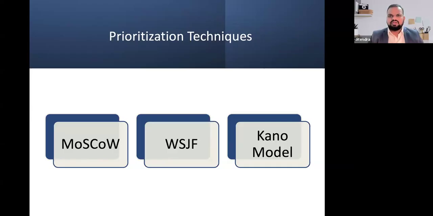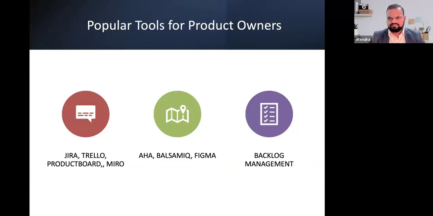Writing the user story, you can get it done through some tools. Maybe your team can also help you with it, but prioritization is one decision that you need to make yourself. Setting the priority, what is going to be in the sprint, what is going to be in the next release, and so on.